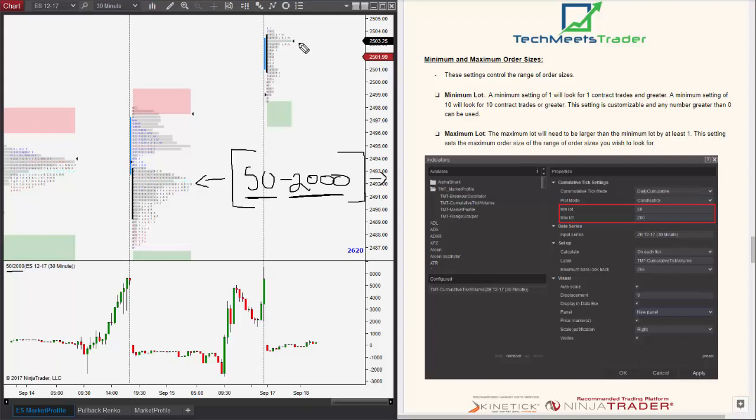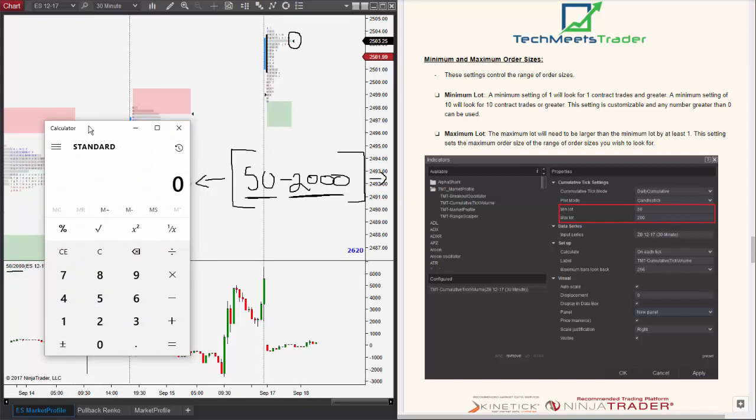If we take a look at the price of the S&P 500 right now, it's 2503 and a quarter. We know that the leverage is 50 times the S&P 500. So if we just pull out a calculator here and we measure 50 times the price of the index, which is at 2503 and a quarter,